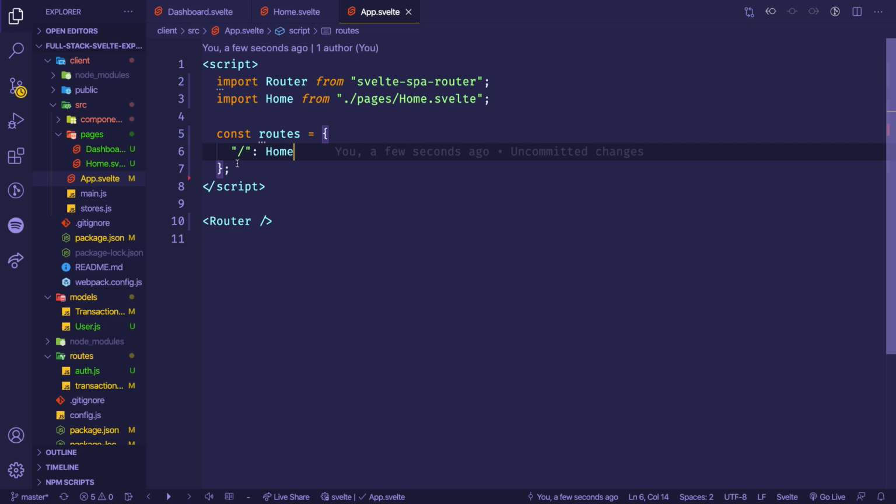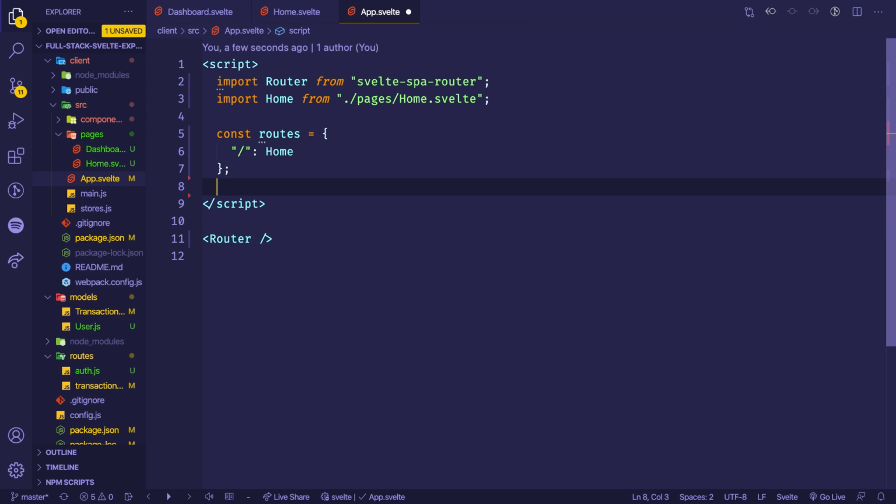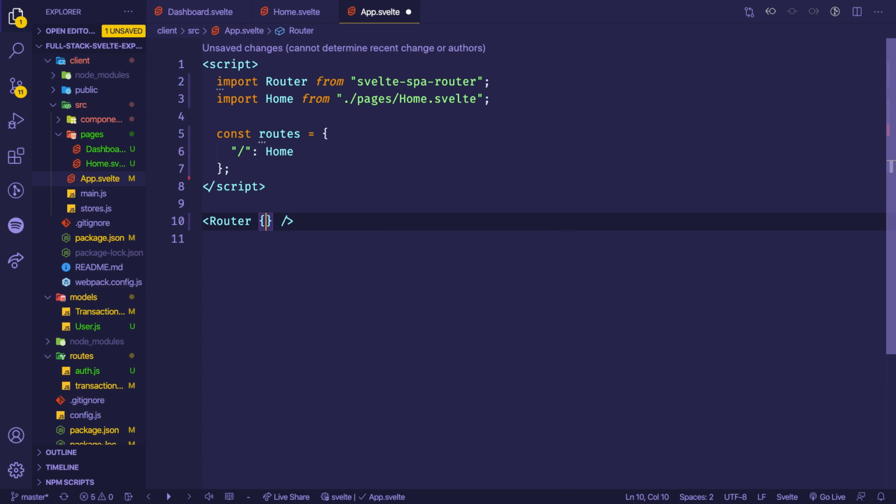So we are declaring the routes, but we need to use the routes in here, so we can pass this as a property, and we can say routes. And now we can see that we are in the home,